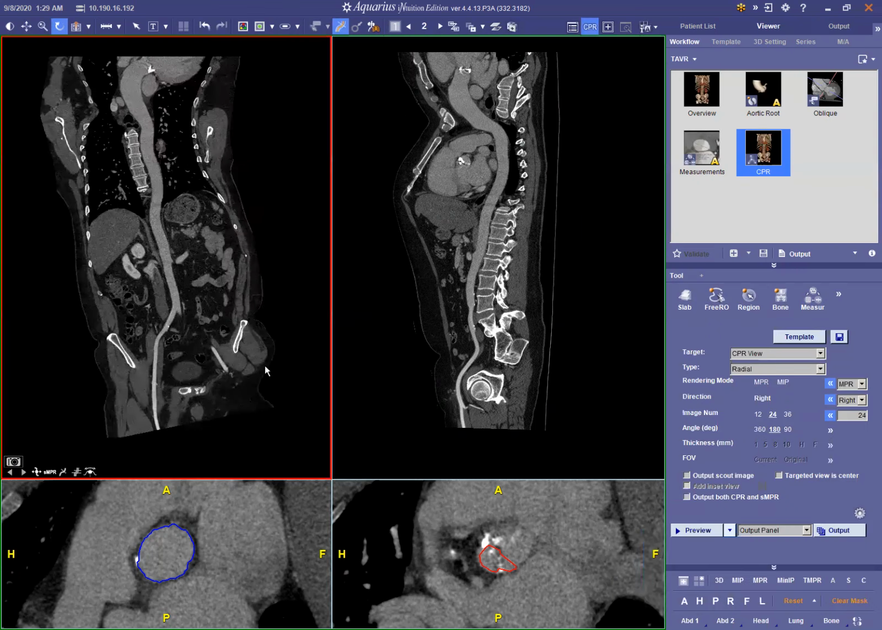moving on to the right common iliac artery, you see how the contour is off, and if you're measuring there, that won't be accurate. So we just need to identify the narrowest portion here. Shift left click to edit that contour, and then again activate the tool, left click to measure, C to capture. Now we're moving over to the external iliac artery. C to capture, and then